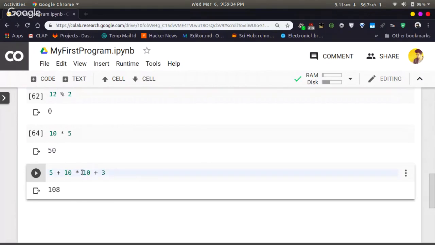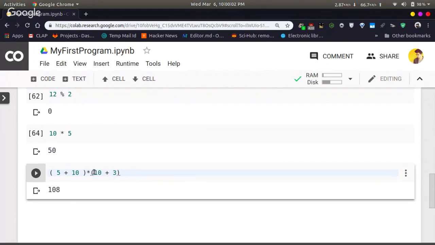So what if you have to do 5 plus 10 first, 10 plus 3 second, and then perform this multiplication? For that, you will have to specify parentheses. See, inside this bracket or inside this parenthesis, whatever you type will be performed first.